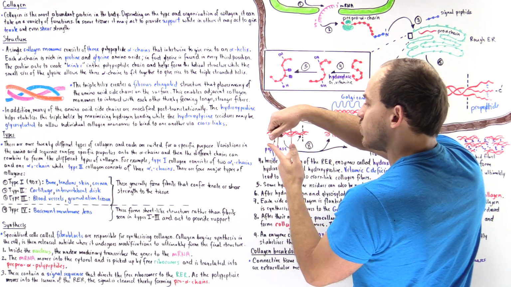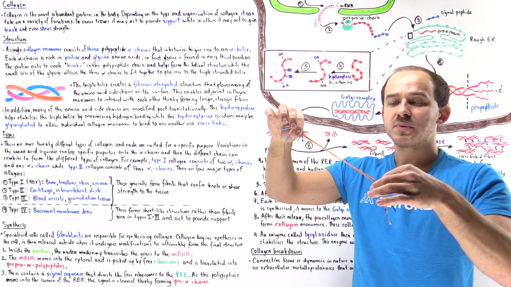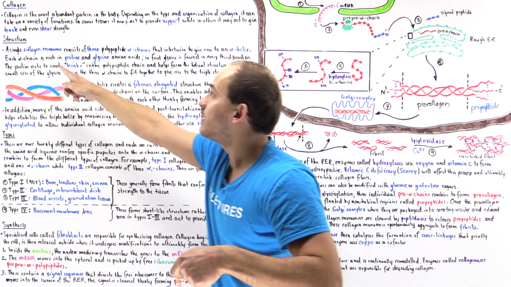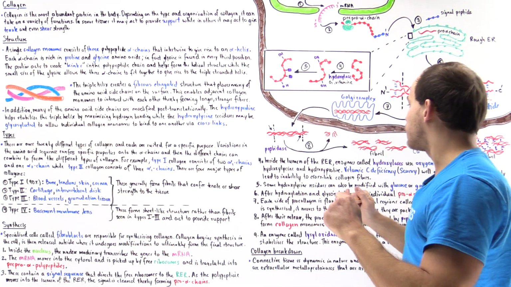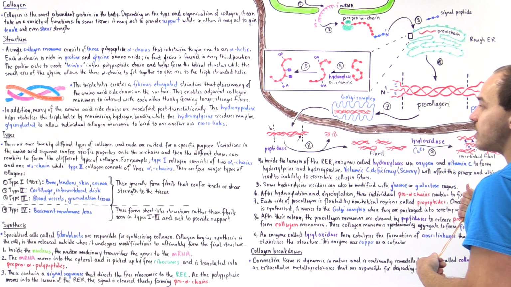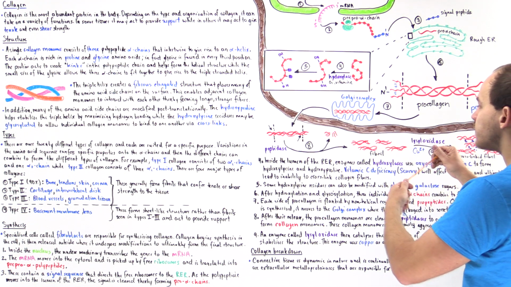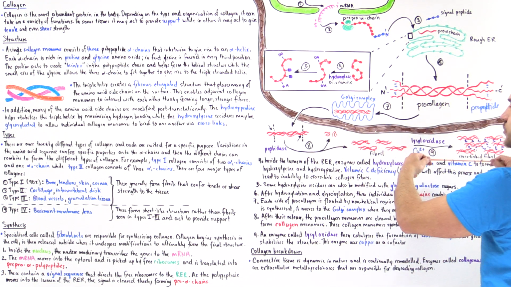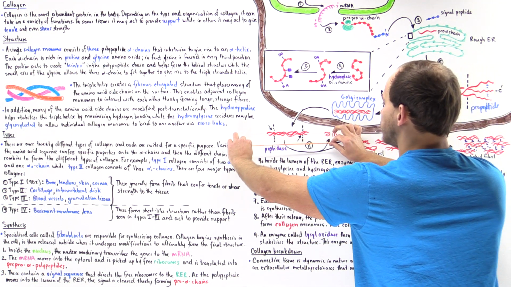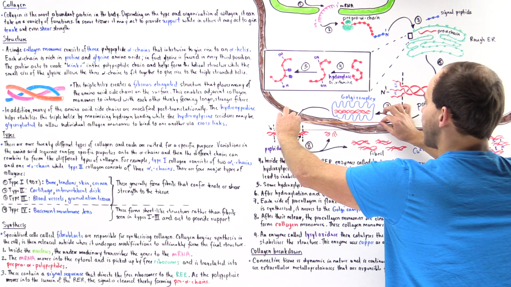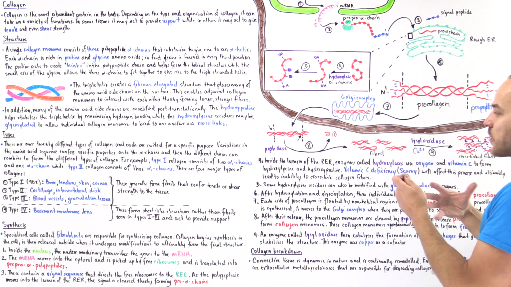So they clip this one off and they clip this one off, so that now we form that final collagen monomer. So now we have the collagen monomer without the propeptide ends, and they spontaneously arrange themselves to essentially form these stacking units. And this is known as a fibril. So we have one monomer here, another monomer here overlapping it, a third one, a fourth one. And this fibril isn't very stabilized.